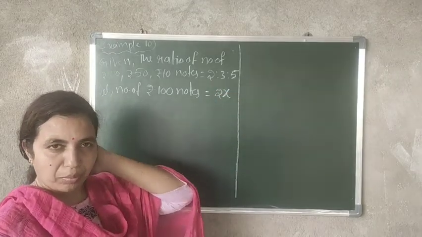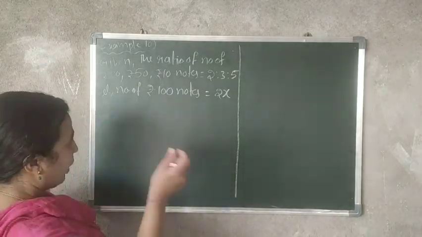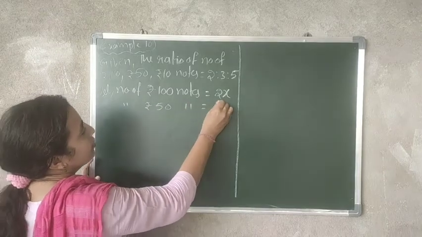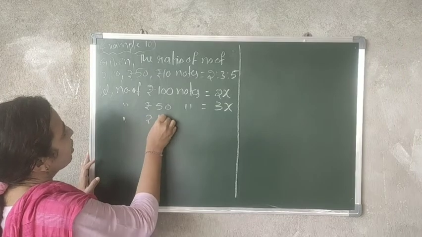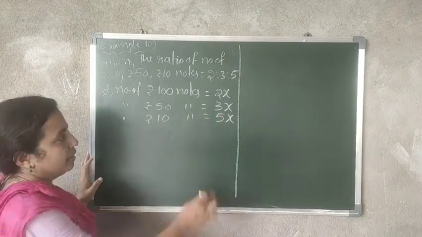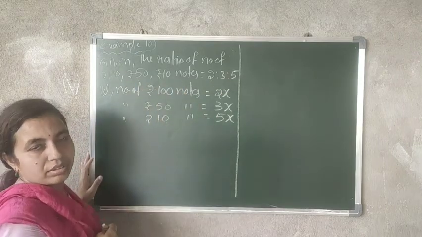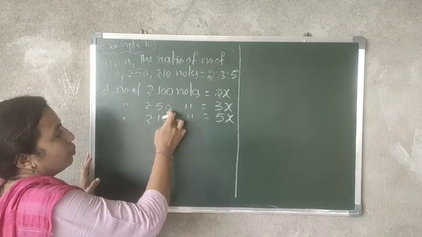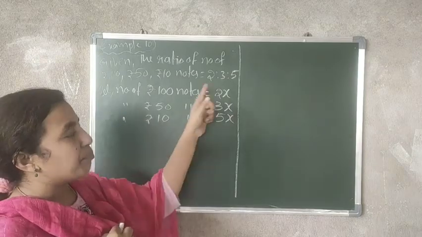Okay, you did these ratio problems already. So the number of 100 rupees notes is 2x, the number of 50 rupees notes is 3x, and the number of 10 rupees notes is 5x. See here, 2:3:5 corresponds to 100, 50, 10. We have to write them in order: 100 rupees, 2x; 50 rupees, 3x; and 10 rupees, 5x. So these are the numbers of notes.